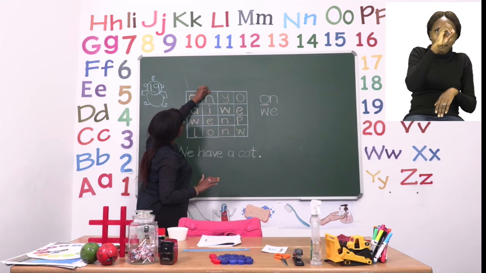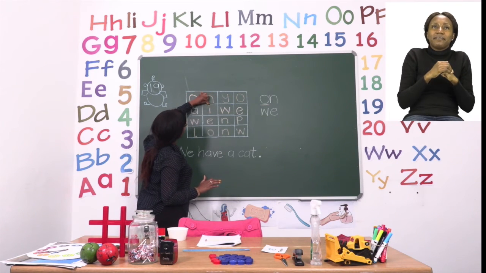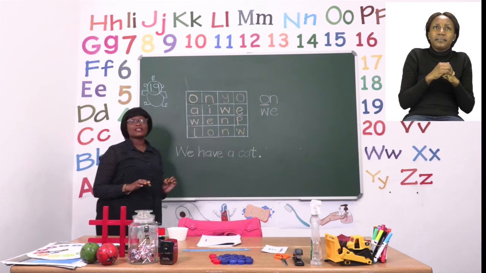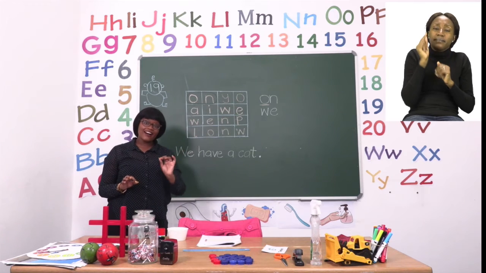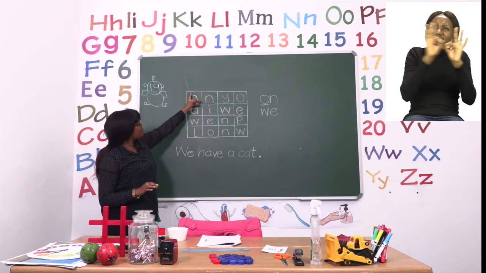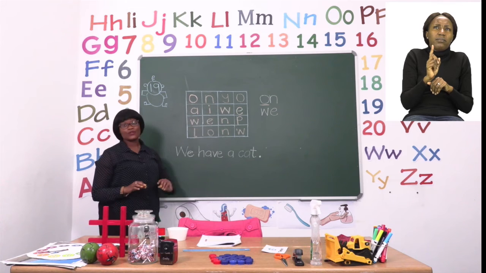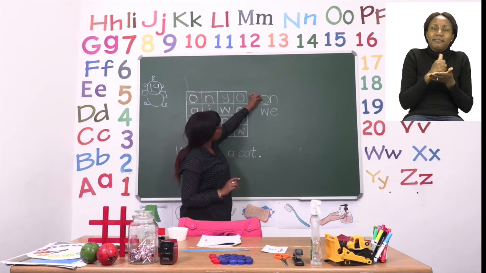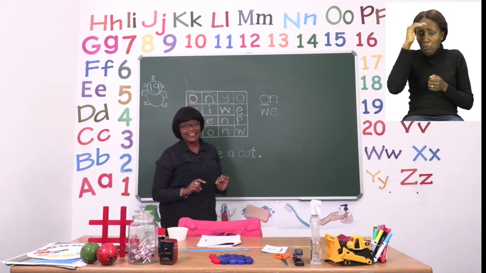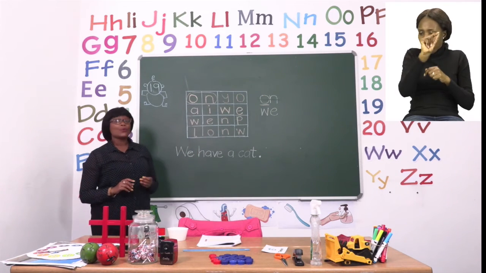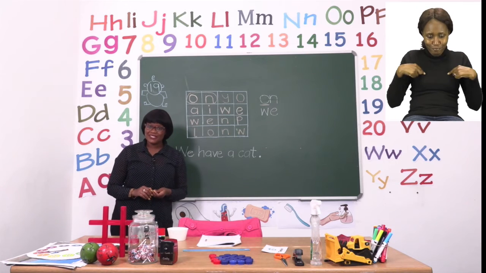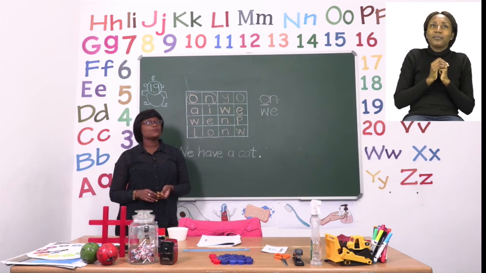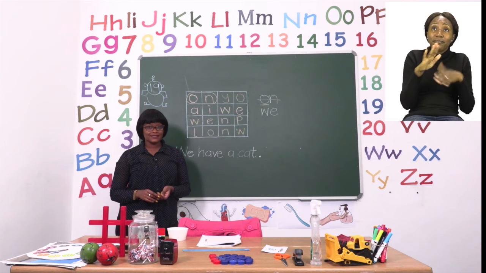What I'm going to do is circle the word on. And make sure that when you're circling, you do a nice circle starting from the top and going right back where you started. Then when you're done with that, make sure that you don't look for the word on again. So the word we, you are going to find by yourself. After that, boys and girls, they are asking you to make sentences.